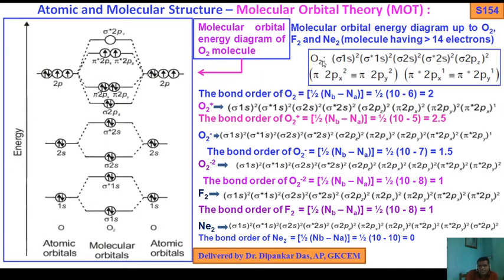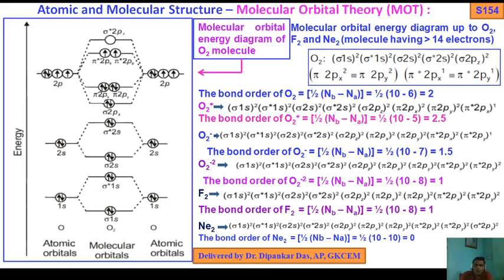So that is the MO electronic configuration of the simple oxygen molecule, O2. If you know the oxygen molecule's MO electronic configuration, then you can write the MO electronic configurations of O2 plus, O2 minus, O2 2 plus, O2 2 minus by adding and subtracting. Plus means loses electron, minus means accepting electrons. Then you have to check where the electron goes. If an electron is accepted, it goes to pi star 2px, pi star 2py. If an electron is lost, it is removed from pi star 2py and pi star 2px.